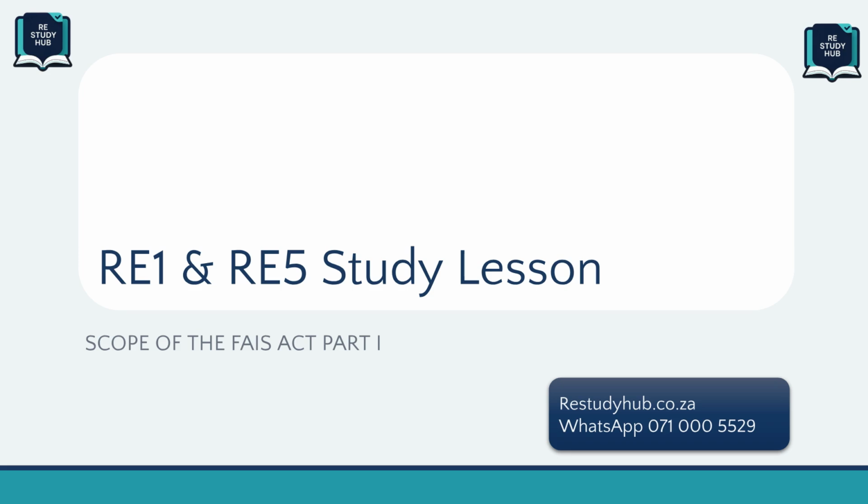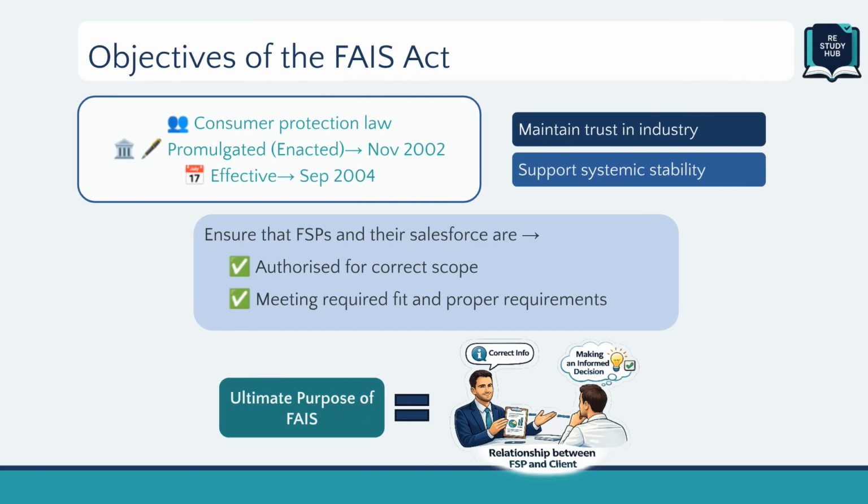This is our first study lesson, where we will be covering the scope of the FAIS Act in 3 parts. In Part 1, we focus on the objectives of the FAIS Act and introduction to the jurisdictional elements. In the pre-reading, we established that the FAIS Act is one of South Africa's consumer protection laws. The FAIS Act was promulgated, meaning enacted and signed by the President, in November 2002, and it became effective in